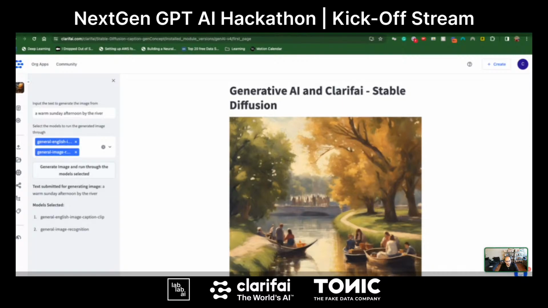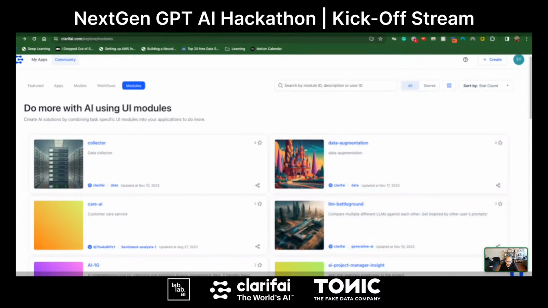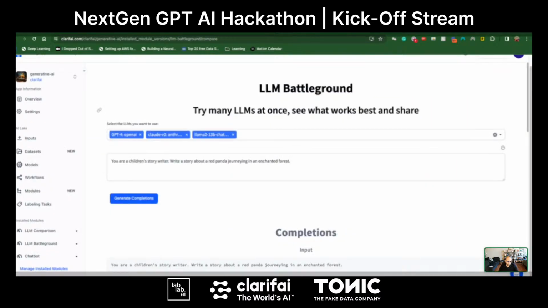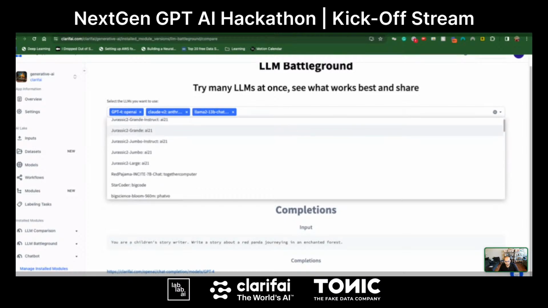Now, I had mentioned something, if you allow me to go back, that is this LLM Battleground. One of the problems that I have seen in the open business space is that customers are looking to figure out which is the better LLM for them, right? And there's no clear unified way of just comparing them. So we built a Streamlit module, which I think I have loaded up over here. This is installed into an application. Once again, I'm not going to walk through that; we'll walk through that in a much more detailed way. This is where you can select from all the LLM models that we have within our platform.